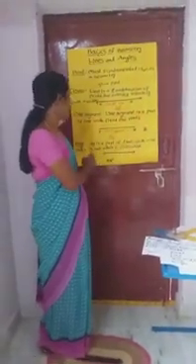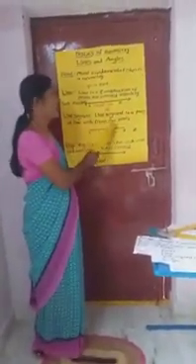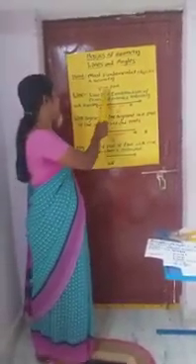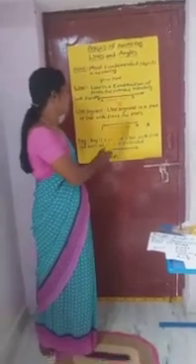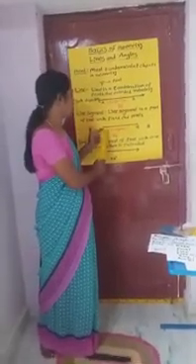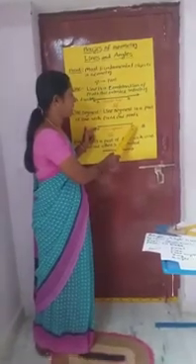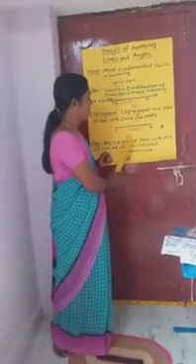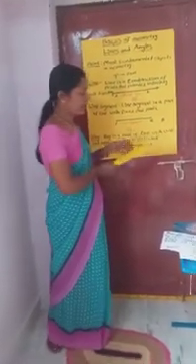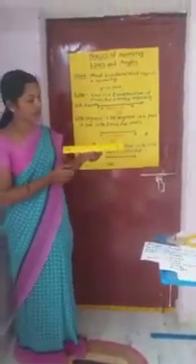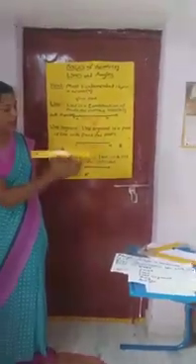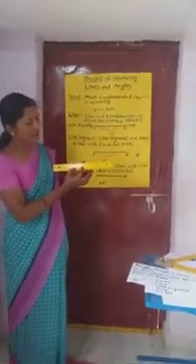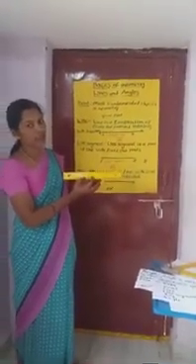Next one, line segment. Line segment is a part of a line with fixed endpoints. So P is the starting point and Q is the ending point. So PQ is called a line segment, denoted by PQ bar. For example, a ruler or scale. The scale has a starting point and an ending point, so it has some fixed length; this scale is 30 centimeters long.